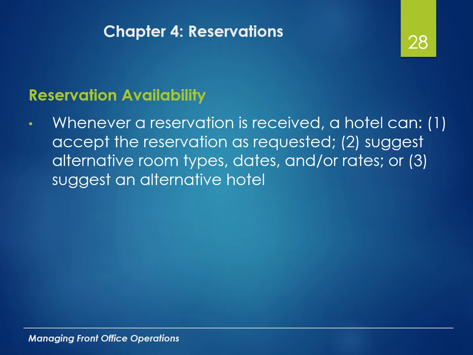So, as we're looking at reservations, we have a couple of different options. We can accept the reservation as requested. So somebody calls and says, I want a room for Saturday to Monday, and I want a king room with a river view. Okay, I can accept that just as requested. Or I can look at the dates and say, you know what, I'm so sorry. From Saturday to Tuesday, we only have city view rooms available. Is that okay? So we can suggest that alternate room type. Or if your date is flexible, we can offer you the Riverview room, but it would be the following weekend.